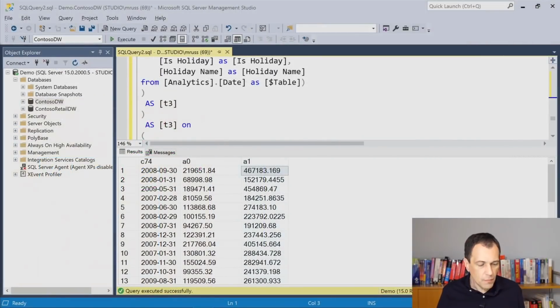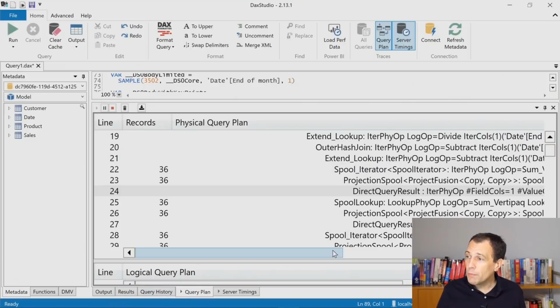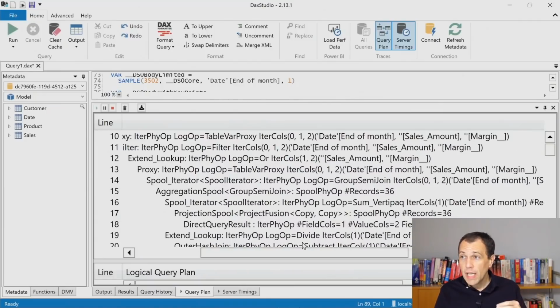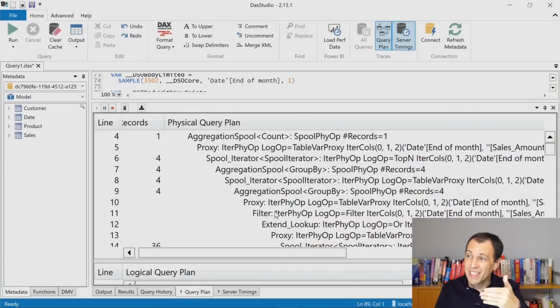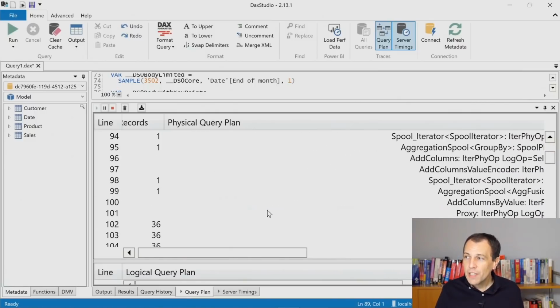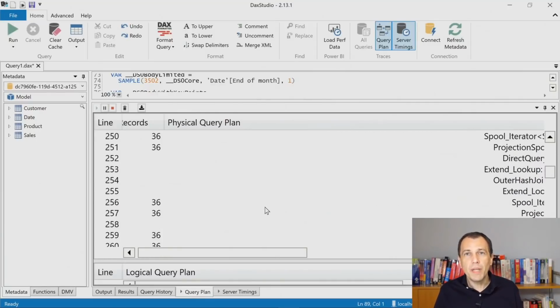if I go back to DAX Studio, and I go back to the query plan, my problem with the query plan is that it's extremely detailed and verbose, and it could be complex here to retrieve the single step that performs the division and the subtraction. If you look carefully, you can see this information, but if you look at this code, it's many lines of code in the query plan, sometimes for relatively simple queries.